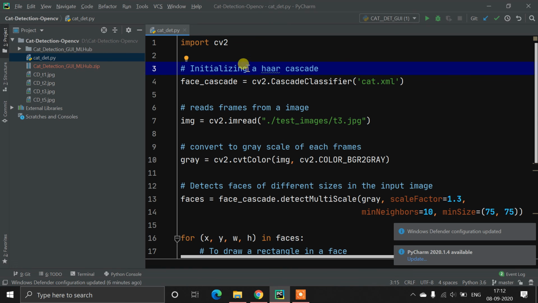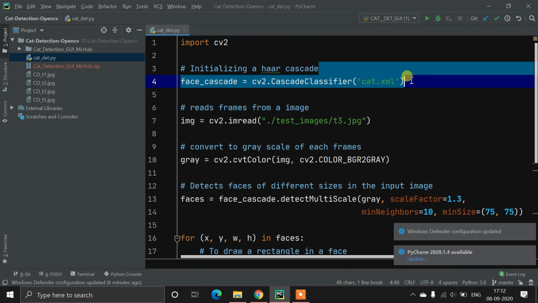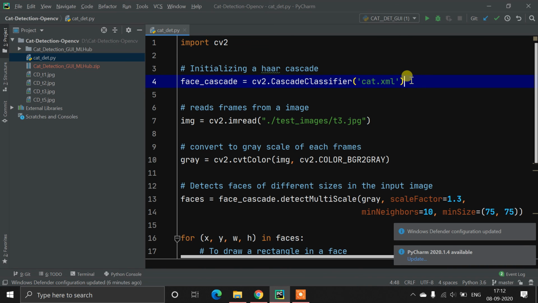So guys, I have not made this cat.xml file. I have downloaded it from some source. Even making a Haar cascade is a very tough task. Around 2 years ago I created a Haar cascade for a flower, but the result was not that good. And the same goes for this cat.xml. This is not as accurate as human object detection. Yes, the guy who created the human face detection Haar cascade, it's very accurate, but there are lots of Haar cascades available, like number plate detection, and they are all not perfect.